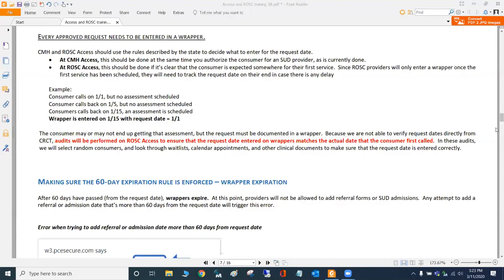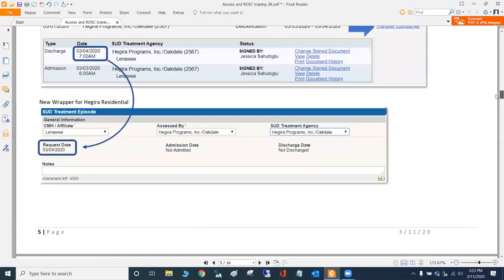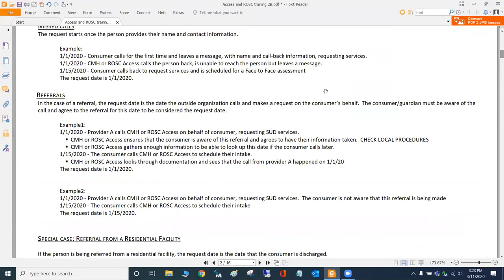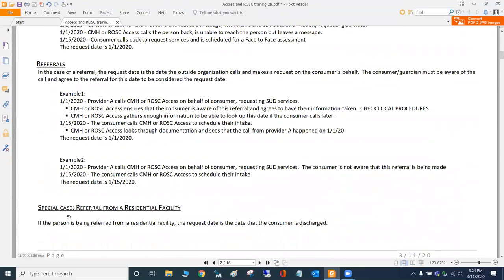So the request for service would be day one, when the person calls, but when we enter the SUD wrapper, that's going to be after they come in. How does that work, or how does that look?